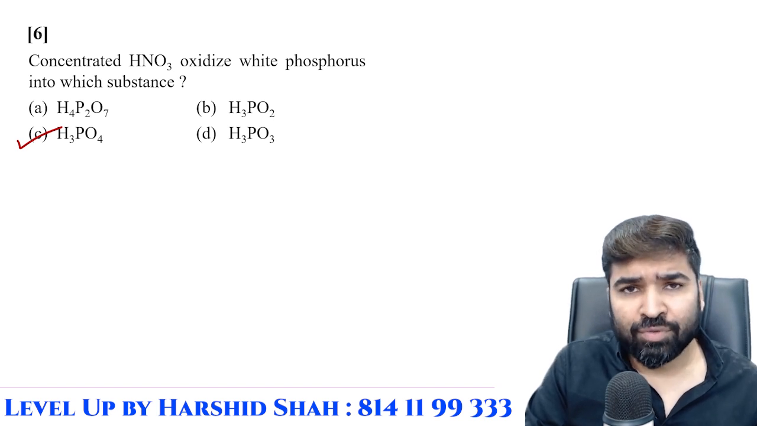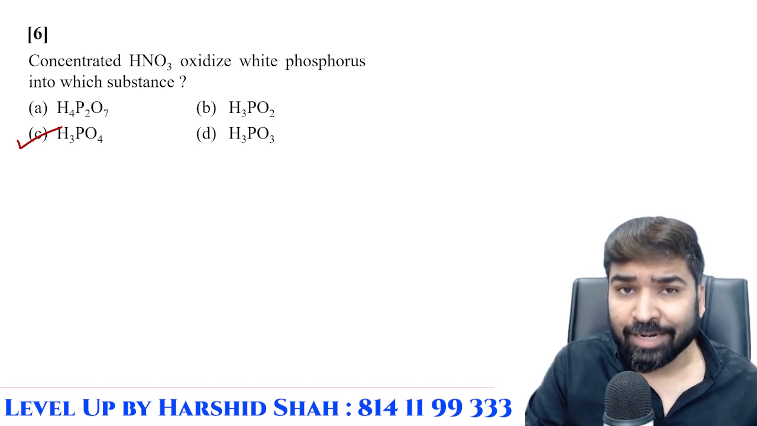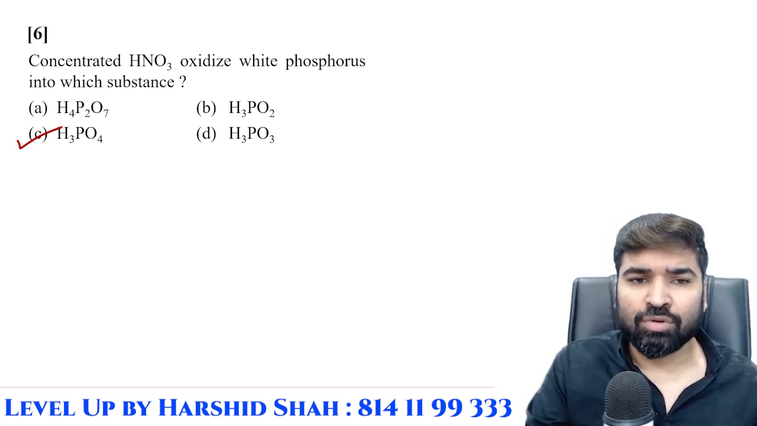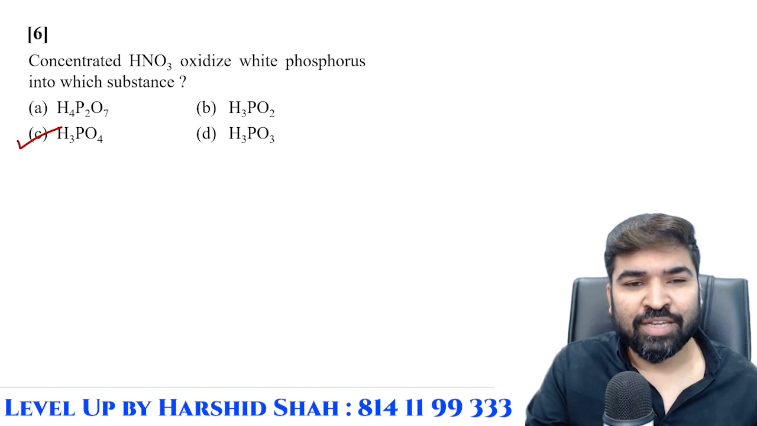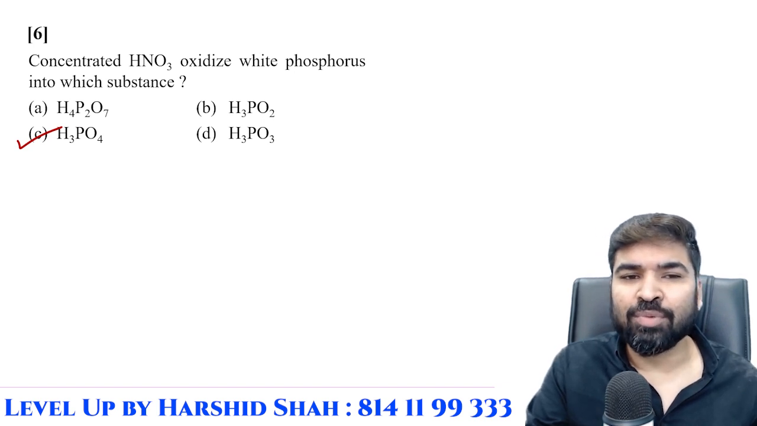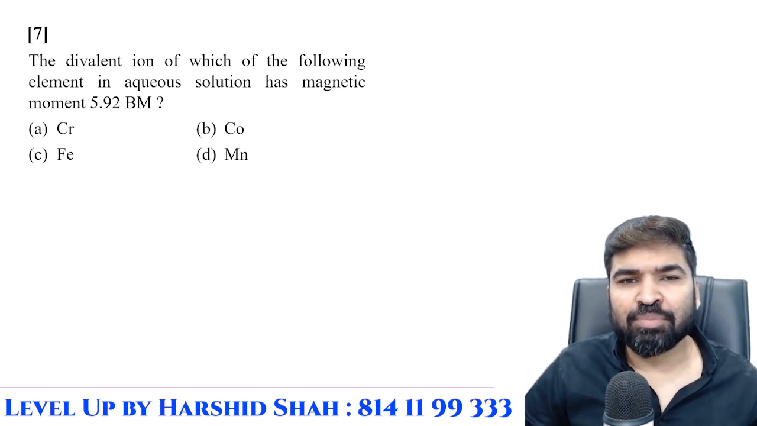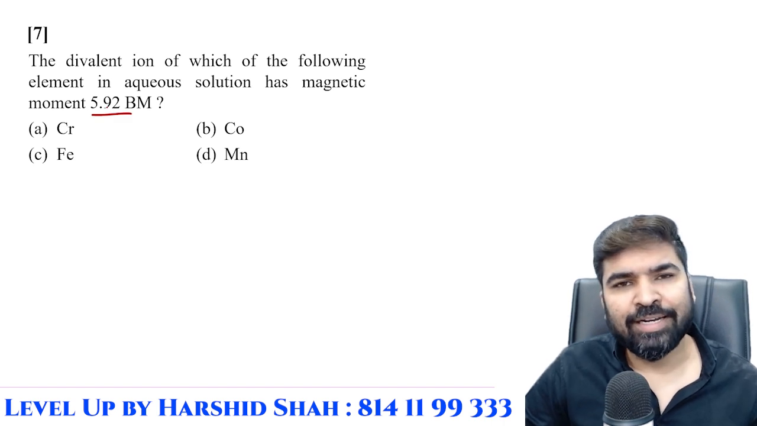H4P2O7 is diphosphoric acid, and will not be obtained directly. Phosphoric acid के dehydration से आपको ये मिलने वाला है. So the P4 plus HNO3 reaction is there in the textbook. You will get H3PO4. The divalent ion, which is the following element in aqueous solution, has magnetic moment 5.92 Bohr